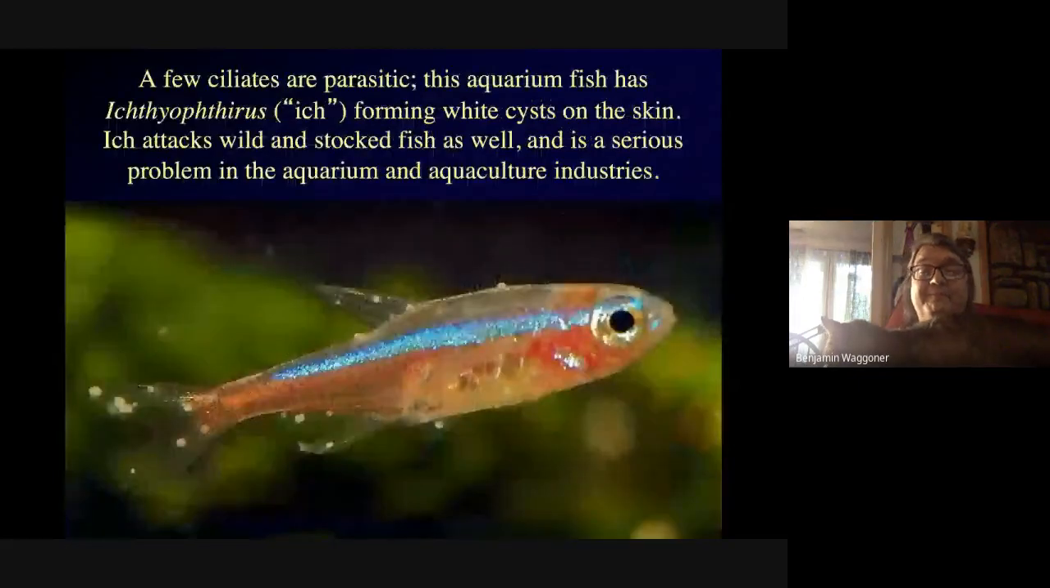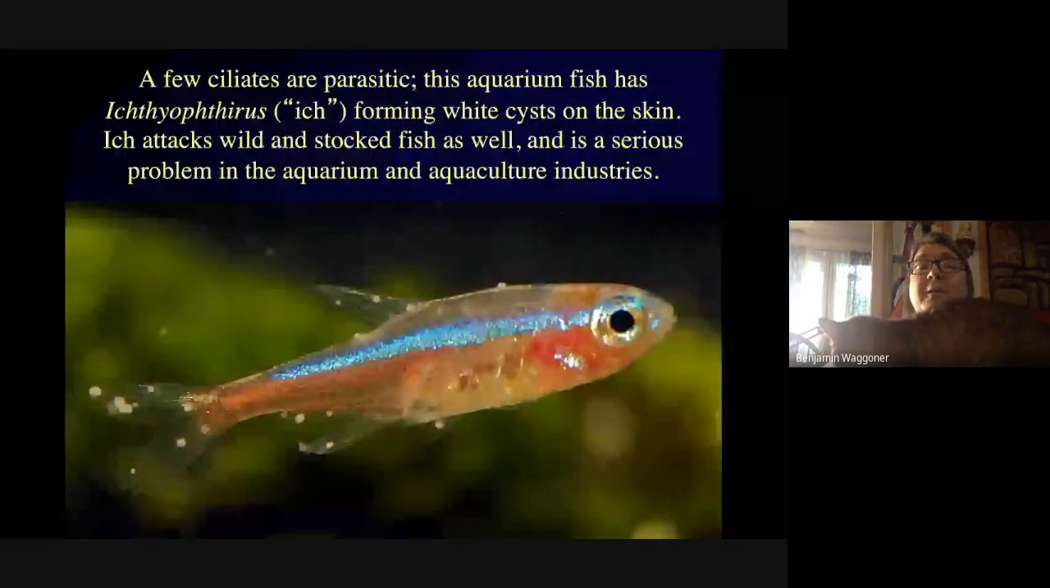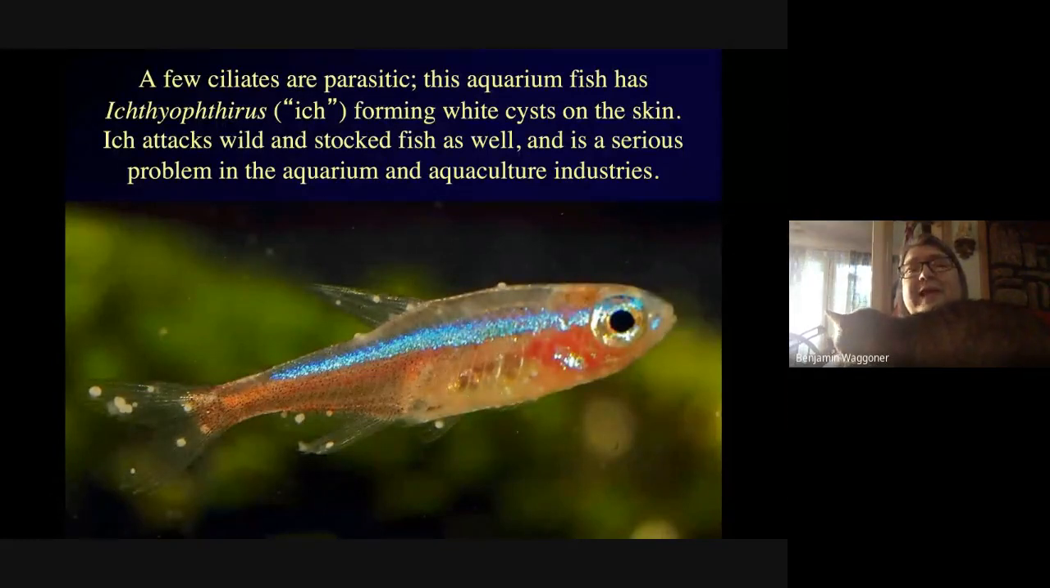A little bit about ecology. There's a few ciliates that are parasitic. This is one you might see if you've ever kept freshwater fish or worked in a pet store. This poor neon tetra right here has a bad case of ick. Ick is short for Ichthyophthirius, and it's a ciliate that